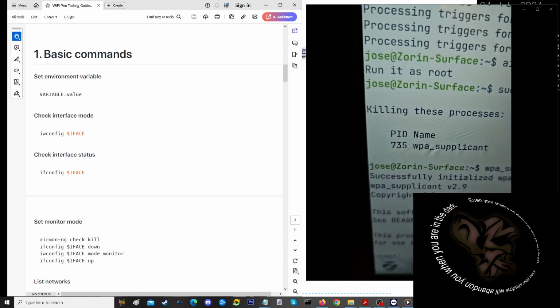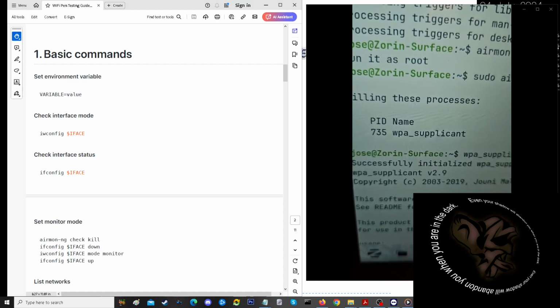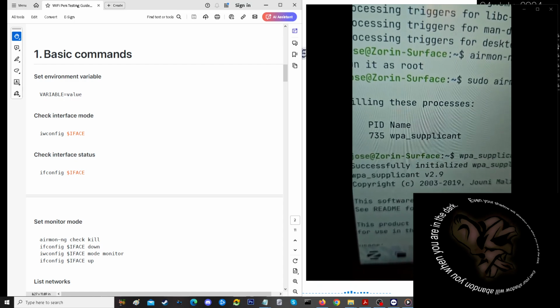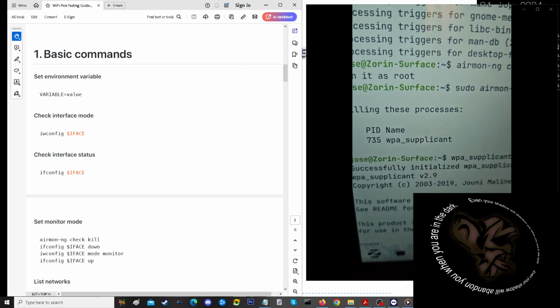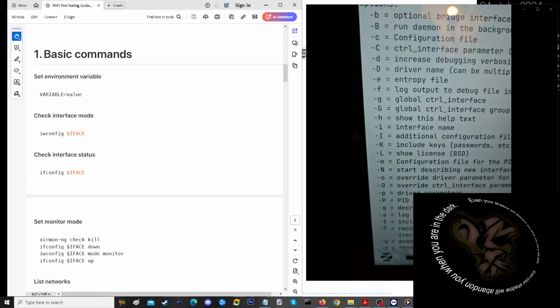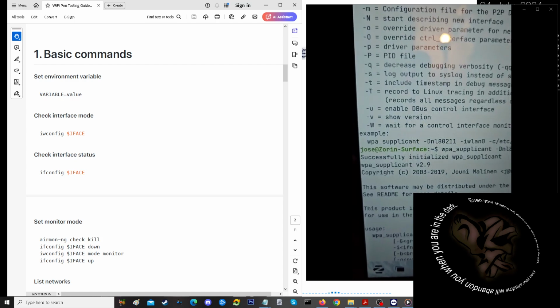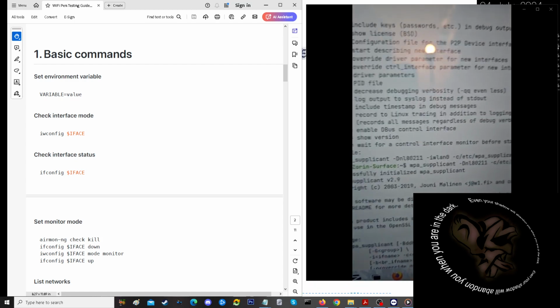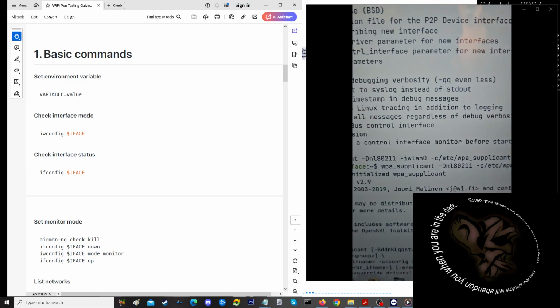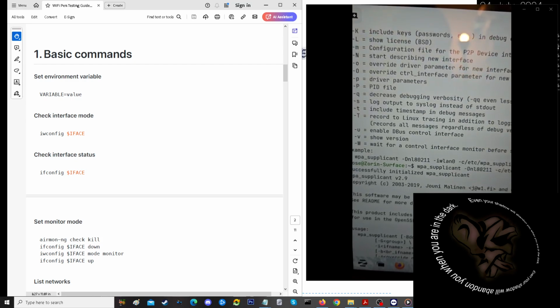This is when it was done, killing these processes. That's the PID, and there it is, wpa_supplicant. Apparently, just trying to run it again does not work, so it gave me a whole list of things to work with, and I don't have that going just yet, but I've got a little bit of testing to do. But very important, anybody who's going to be messing with Aircrack, if you're going to run that command, that